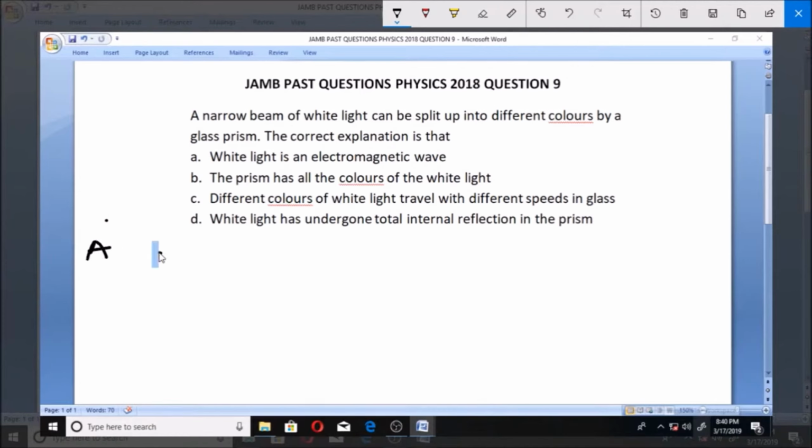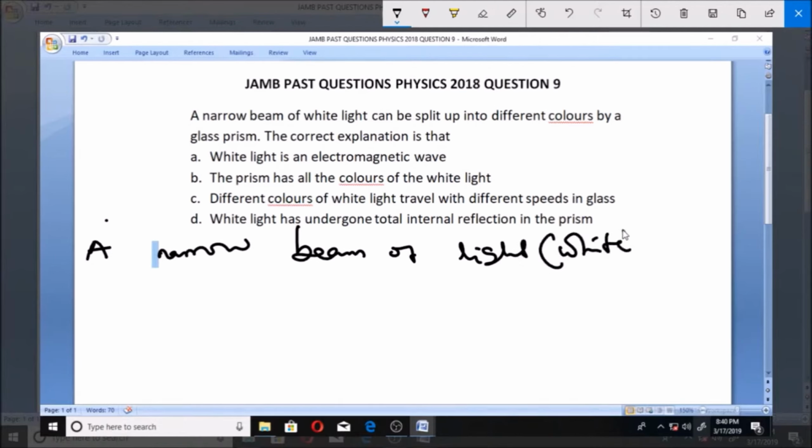So we say that a narrow beam of light. What happens to a narrow beam of white light? Can you tell me what does happen? It can actually be split